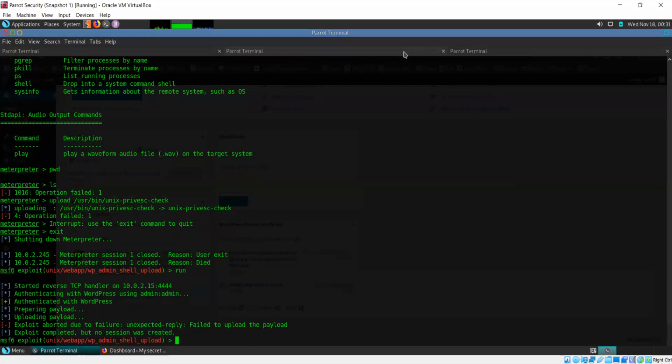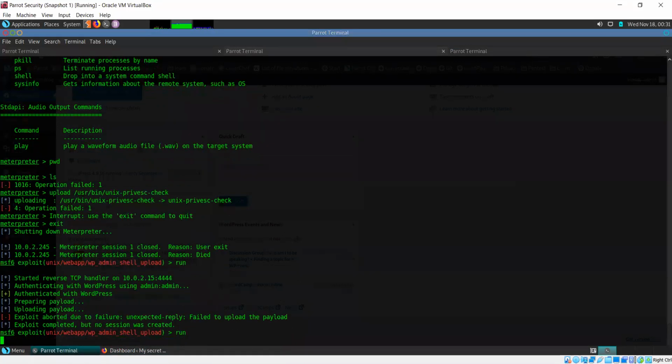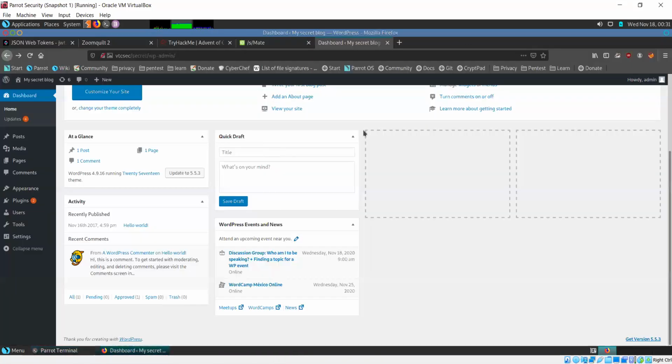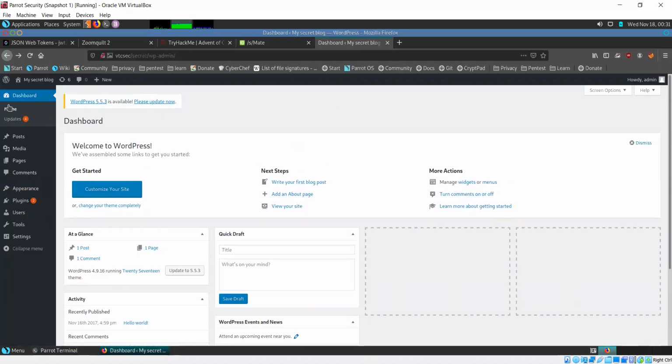Failed to upload the payload. Let's see what the issue is. The system is up and running. Is the website not running currently? Website seems to be running.